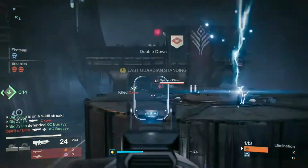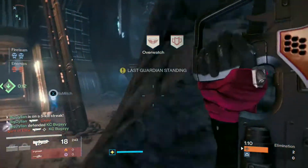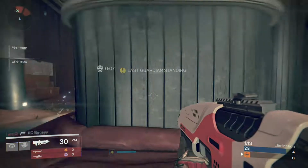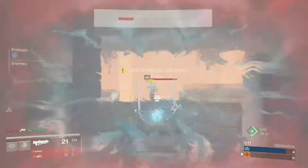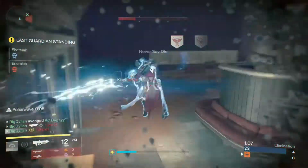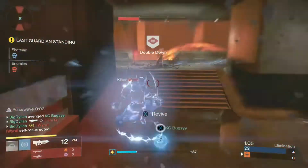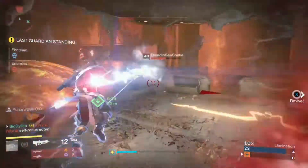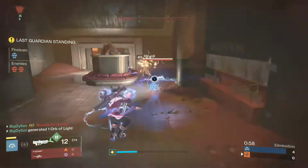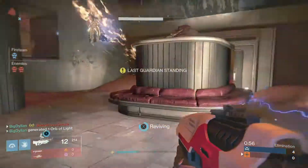So the perks I have on this weapon, for the sight it's SLO 19. The first perk is Hammer Forged, down the middle I have Counterbalance, and the last perk I have Reinforced Barrel. Now, the reason I wanted Hammer Forged, and I would have wanted Rifled Barrel rather than Reinforced, just so I could have kept a little bit more stability, but the reason I wanted range in my pulse initially was because